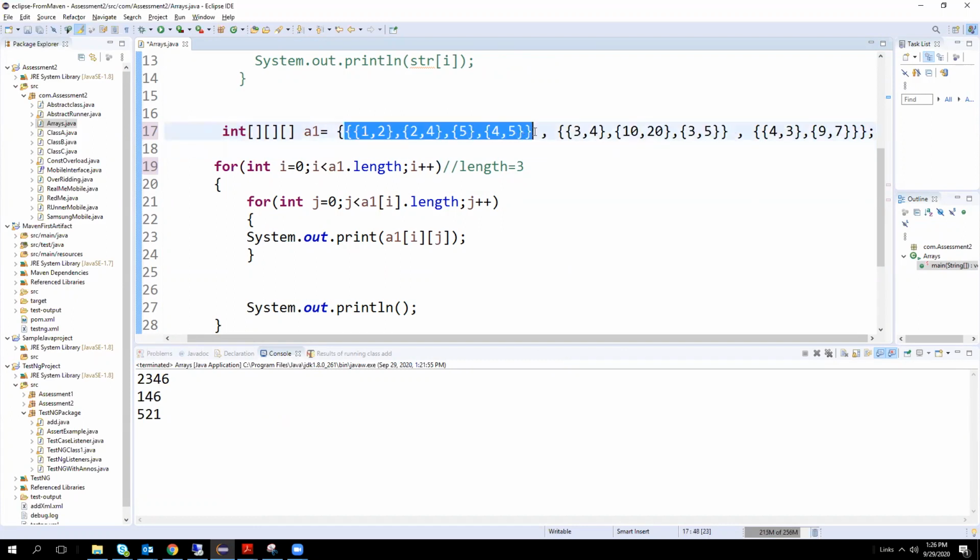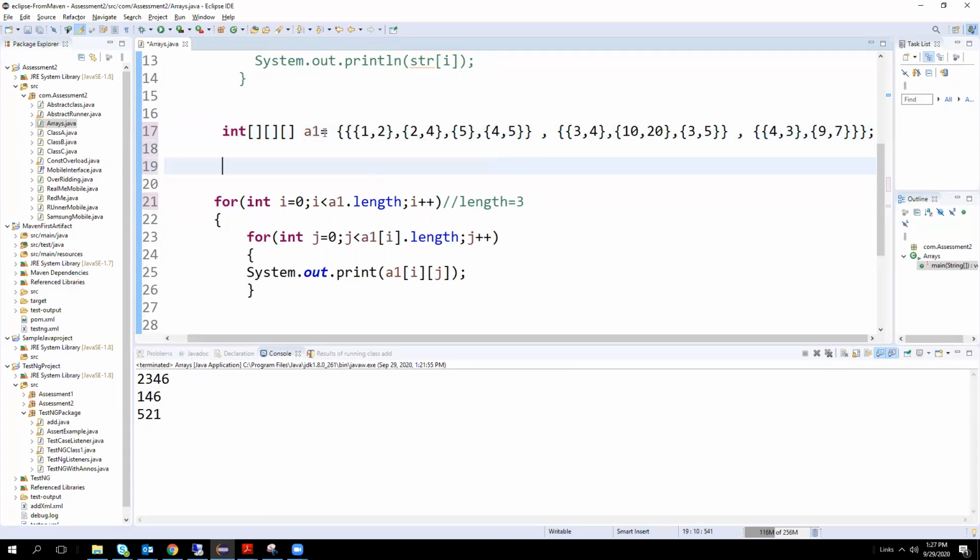Again, in this set, in the first dimension it is 0, 1, 2. In the second dimension it is 0, 1, 2. In the third dimension, 0, 1, 2, 3, then 0, 1, 2, then 0, 1, then 0, 1, 2, and 0, 1 for the last one. Again, at the 0th location, we have two elements, 0 and 1 index. You got the structure? Is it clear?